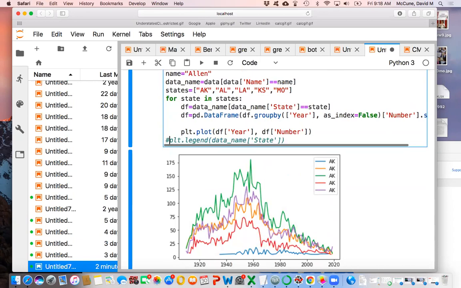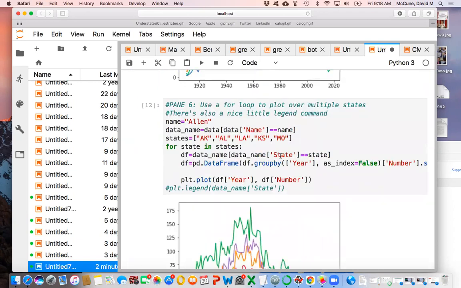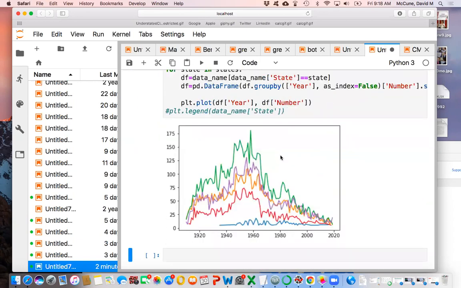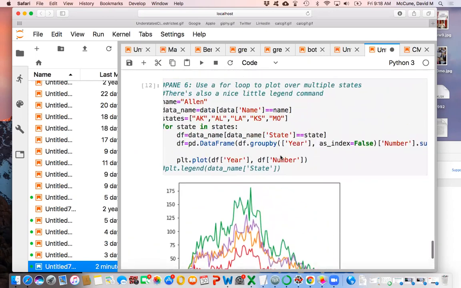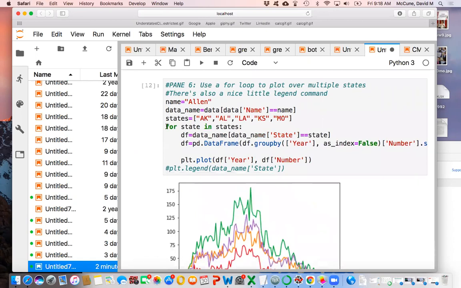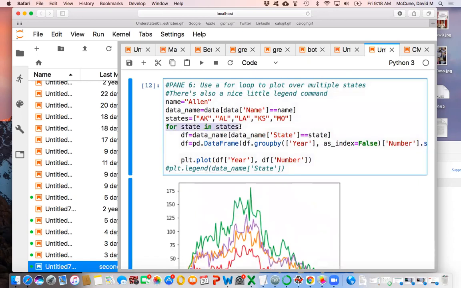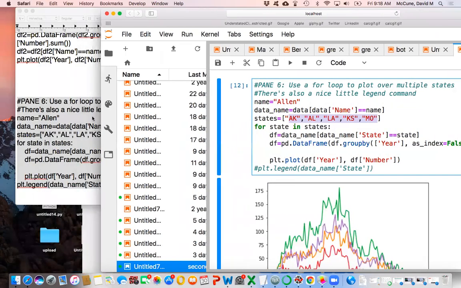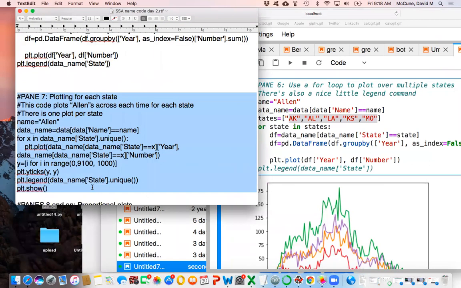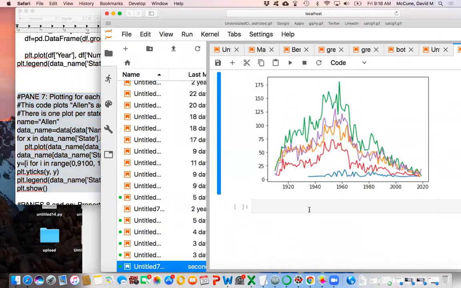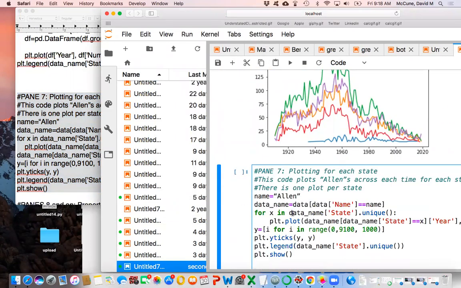Anyway, so let's take that legend command out for a second. I'll have to figure out later why it's not working. So anyway, my only point with showing you this was you can loop over things if you want to. And it makes sense to do that once you've got more than 2 states or more than 2 plots or whatever. So this next one, I'm not sure it's even worth showing you because the plot it creates is so obnoxious, but it just gives you an idea of what you can do.